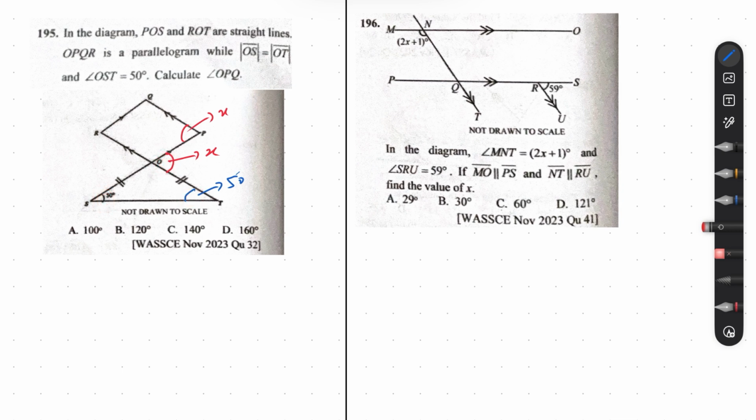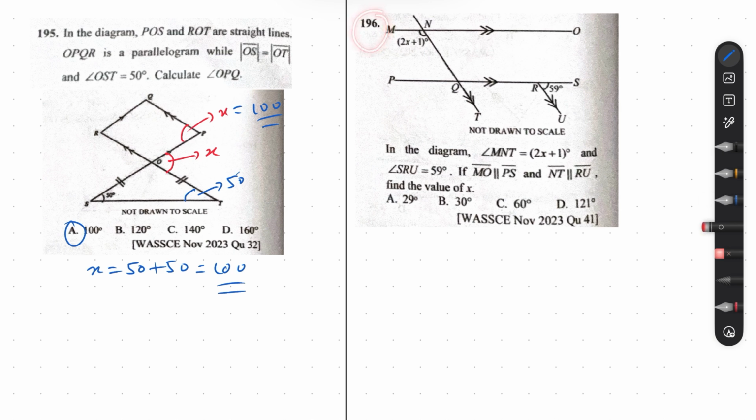So our X is equal to 50 plus 50, which is equal to 100. So this angle OPQ is equal to 100, which is A. All right, let's move on to question number